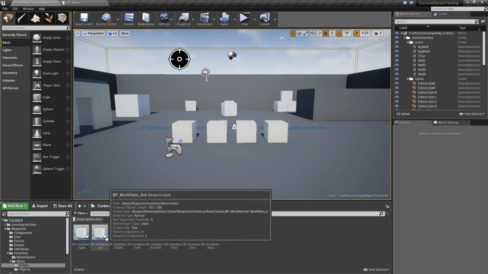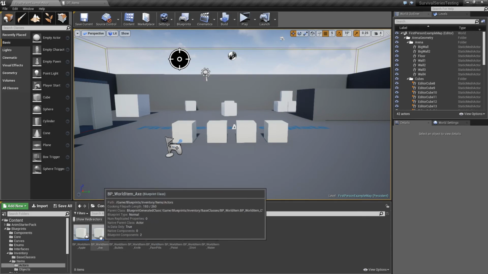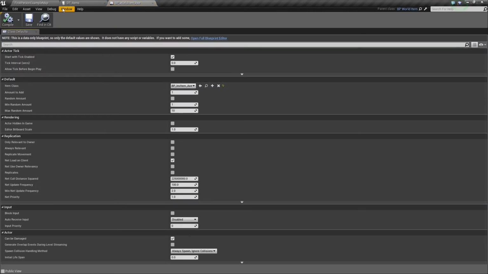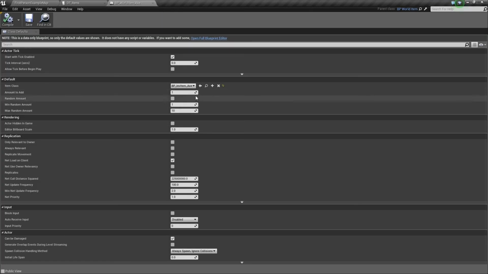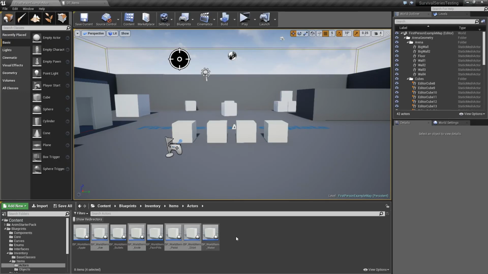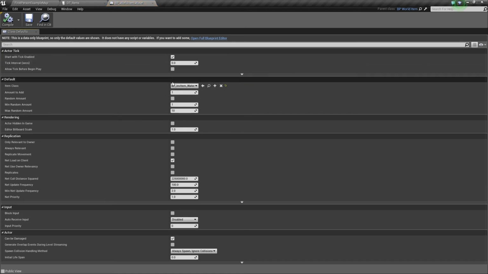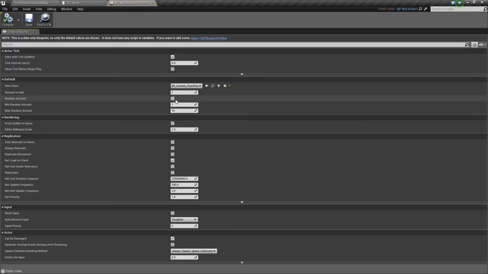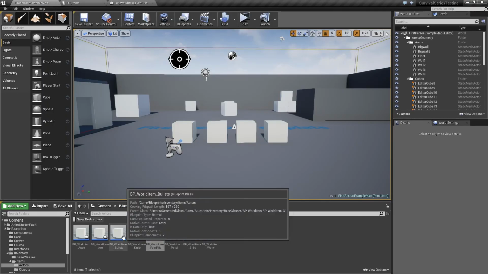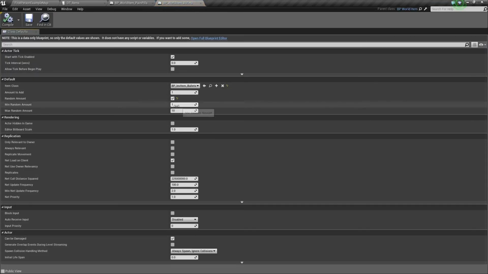Now just quickly to go over the settings that I have, just so we're all on the same page. For the axe, the knife, the pistol and shirt, these all have their amount to add set to 1, and random amount isn't checked. For the pain pills, we have amount to add set to 1, and the random amount is not true, whereas with bullets it is set to random amount between 1 to